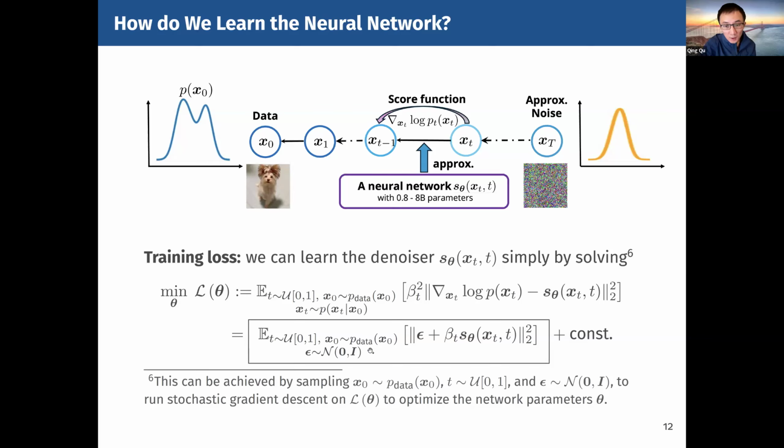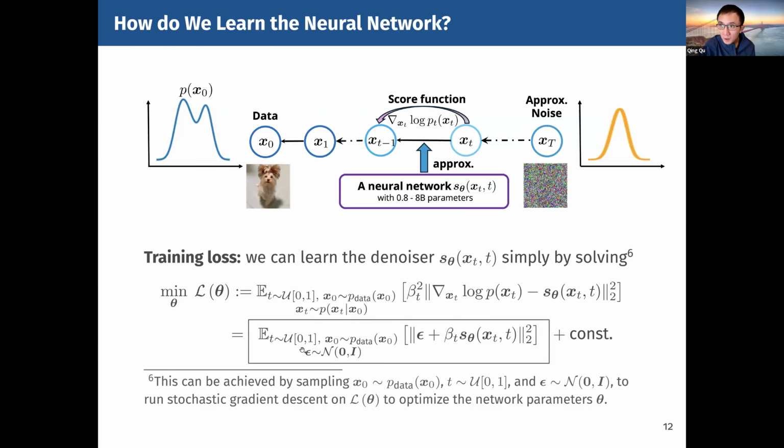Essentially, the following loss function is something we can optimize in practice. We can do an empirical approximation of this loss, and we can run stochastic gradient descent to minimize it in practice. This is a pure minimization, which means that training will be much more stable than GAN-based models. However,